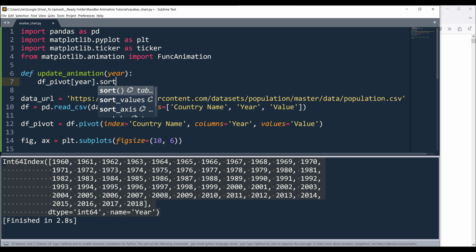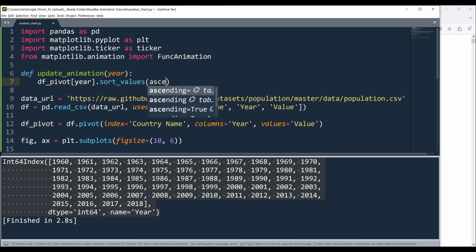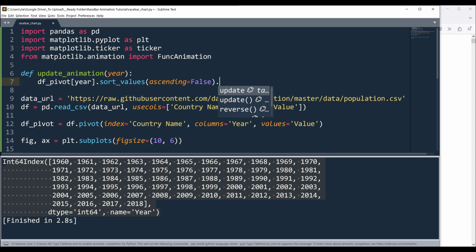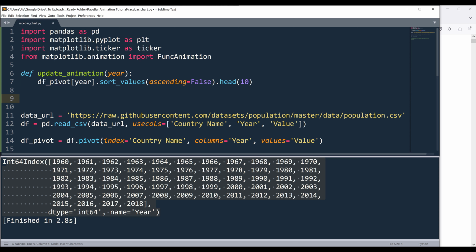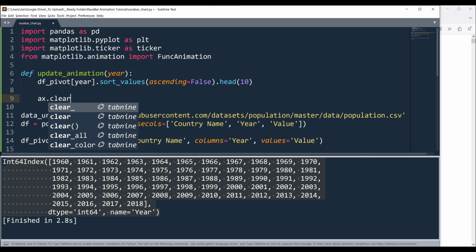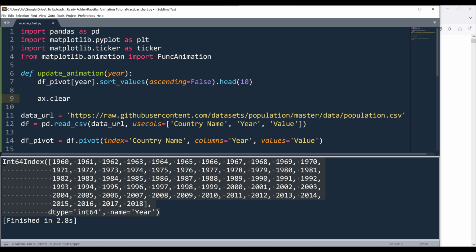Then I'll sort the column by the values. Now to sort from the highest value to the lowest value, we need to set the ascending parameter to False. And to return just the top 10 values, we can use the head function, and it's going to be the first 10 records. Now in Matplotlib, every time we update the data points or the chart, we need to clear the ax first, and it's going to be the objects embedded in a Matplotlib chart. Alright, so here I need to run the ax.clear method to clear all the axis objects and to reinitiate the